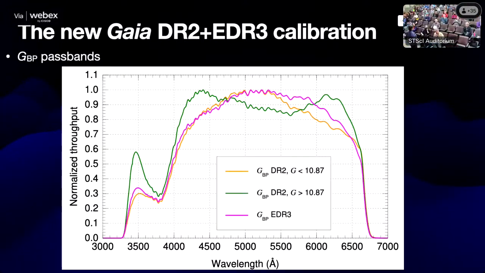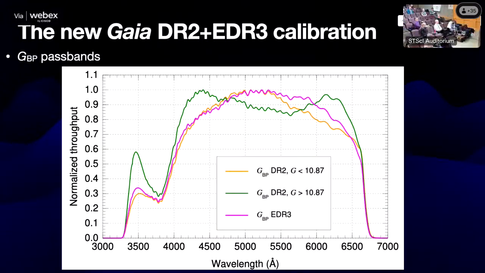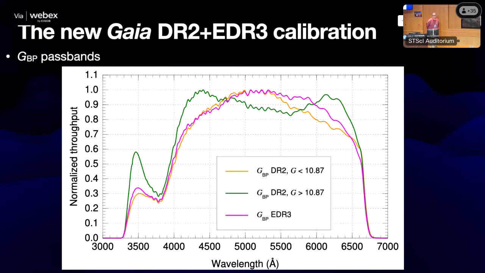So I guess I'm a little confused on how, for DR3, you're getting a single passband function, even though it includes an evolving passband function over time. Can you comment on that? Yeah, that's because everything is processed together. So in the processing, it's assumed that you have a single passband over all the time, but that is not true. So what you get is an average value.